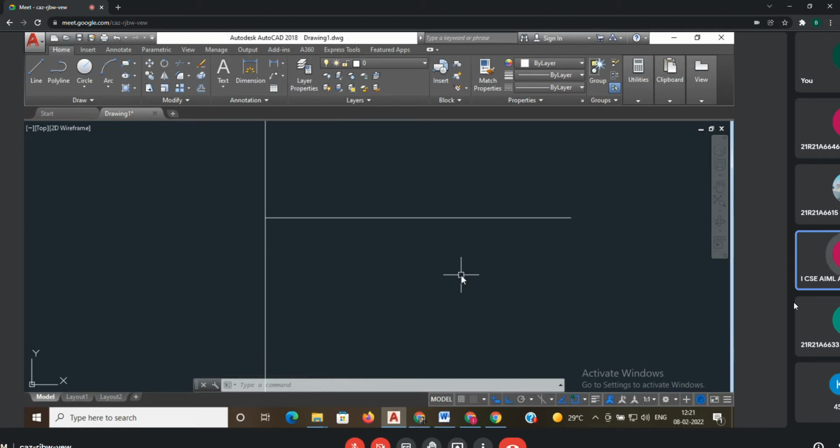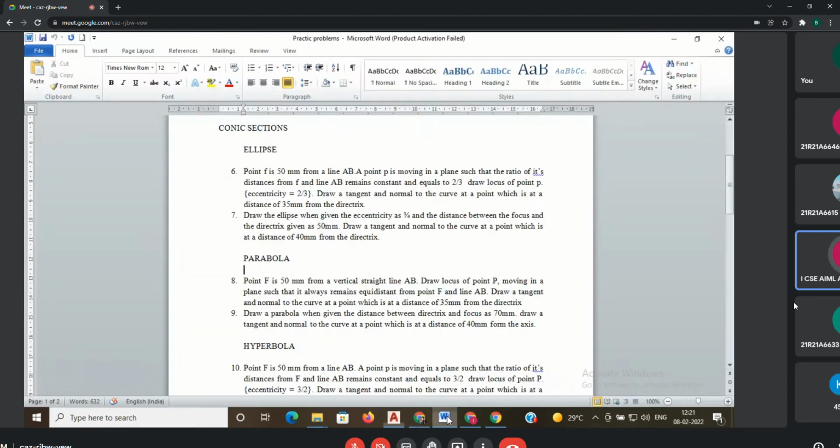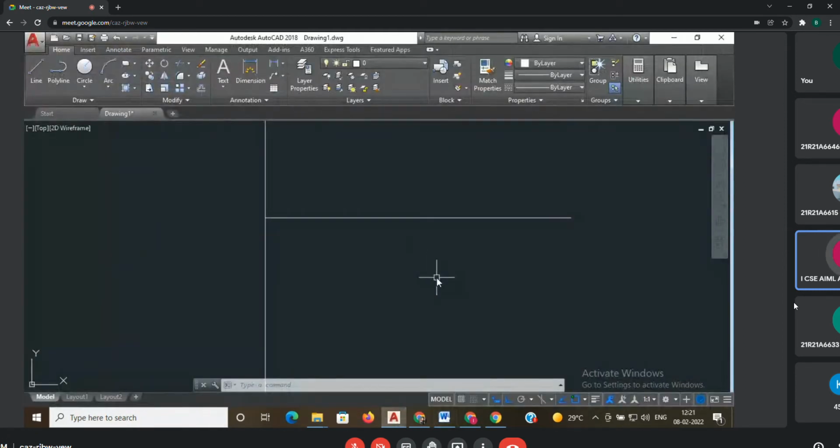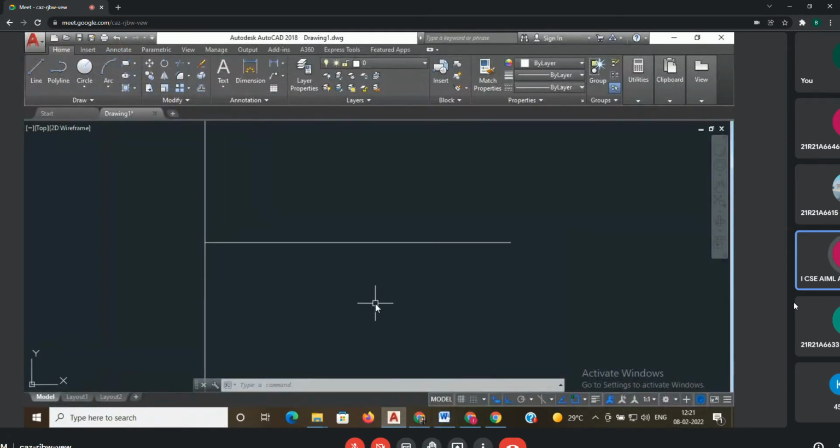If it is a hyperbola, the eccentricity value is 3 by 2, or 5 by 2. 3 by 2 means again 5 divisions. You have to go with 5 divisions. But where you have to keep the vertex point, that is the main step here.